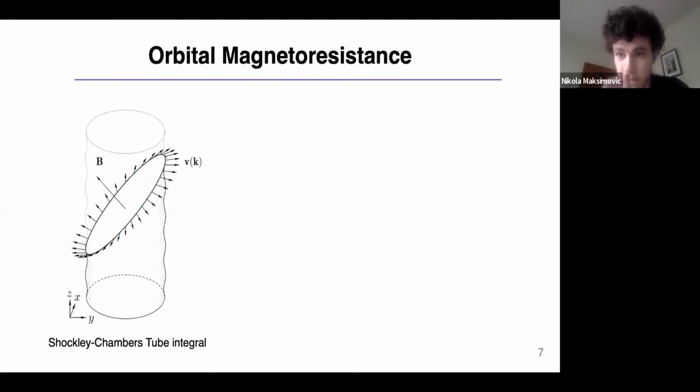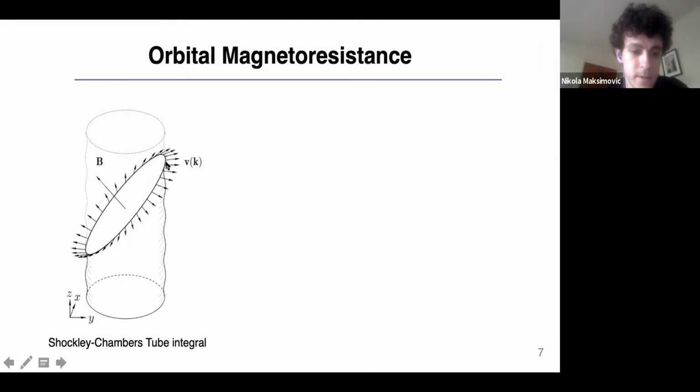Okay, so let me describe orbital magnetoresistance and then one simple change that you can make to this model to see H linear magnetoresistance over an extended field range. The typical way to understand magnetoresistance, at least in what's called the relaxation time approximation, is you apply an electric field to the Fermi surface. And then when you apply a magnetic field in a perpendicular direction, the Fermi velocity of the quasiparticles will be averaged over these